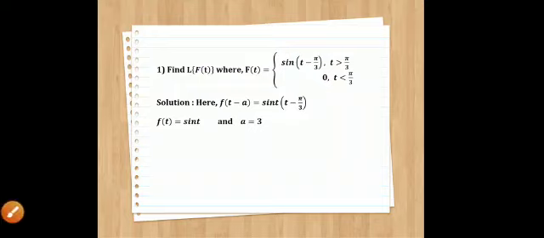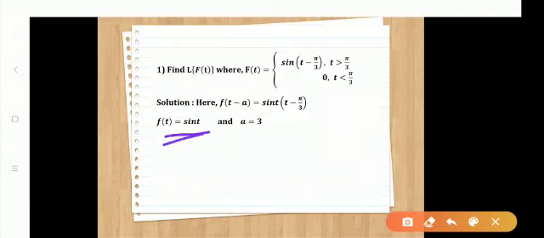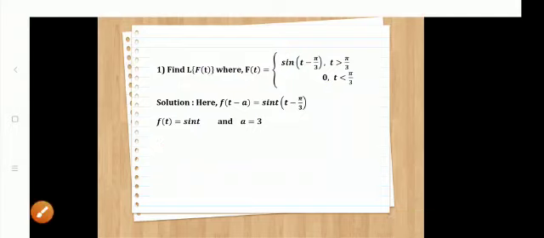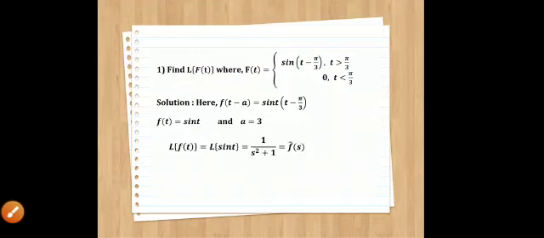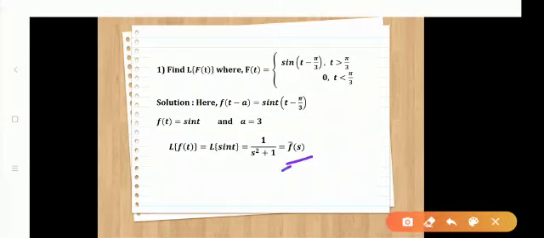So what is the next step? You have to just find out Laplace transform of this function. This is one of the standard function of the form sine a t, where a is equal to 1. So now we can easily find its Laplace transform, that is L of small f of t is equal to Laplace transform of sine t, which is nothing but 1 upon s square plus 1, and we will call this as our f bar of s.